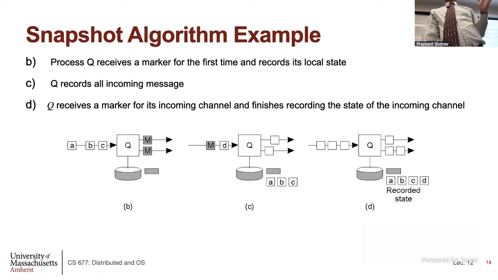Those were sent after you took the snapshot, but before you sent, because of the consistent nature of the cut, you will have to save them as well. So when you restart this process, you will not only start it from that memory state, you will also insert these messages back into your socket buffer so they can be received and processed again, okay, because they have not been processed. Is the high level idea clear? We can discuss a little bit why this even works, but